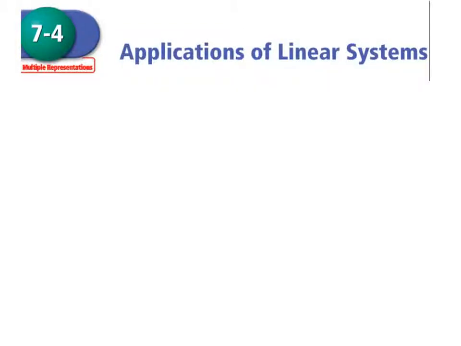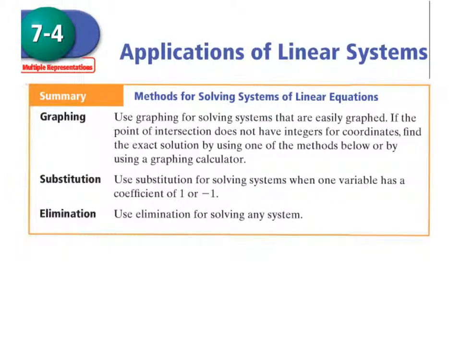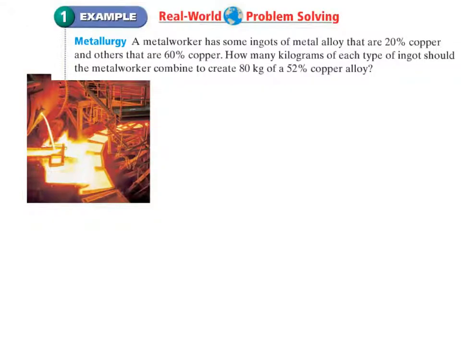So now we're going to take everything we learned with substitution, addition method, and graphing and put it all within applications of linear systems. Here's the summary of how to use the methods to solve systems of linear equations. Example number 1: a metal worker has some ingots of metal alloy that are 20% copper and others that are 60% copper. How many kilograms of each type of ingot should the metal worker combine to create 80 kilograms